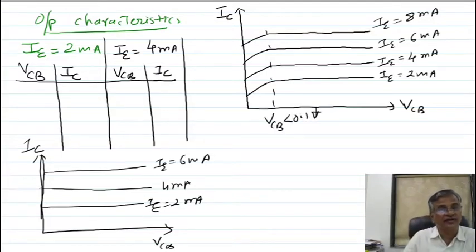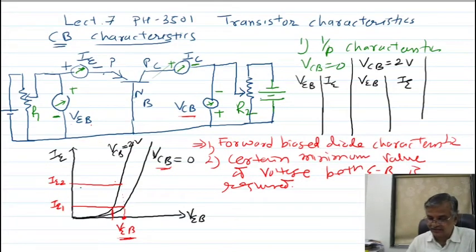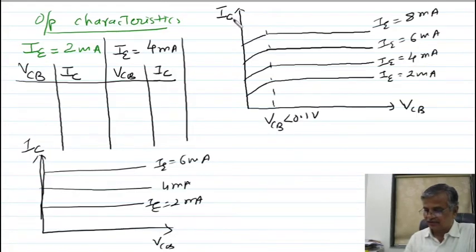That's why I use the word: keep your this voltage 0.01, 0.02. You might have remembered this, just now I used this. Keep 0.01 volt. If you are using digital meters with a lower range, you have to keep in a lower range. This is a 1 volt range, so you can adjust 0.01, 0.02, 0.03. Keep this as 2 milliampere. So in this range, you will vary this and note down the corresponding value of the collector current. Then you will get the graph of collector current versus VCB as shown in the figure.